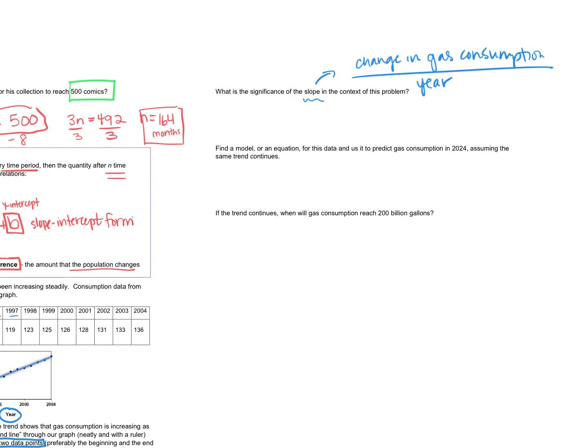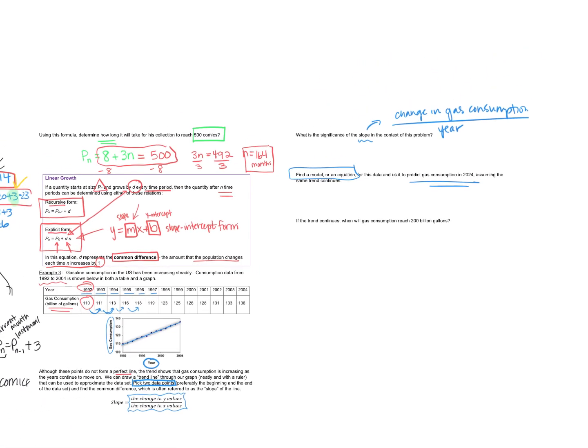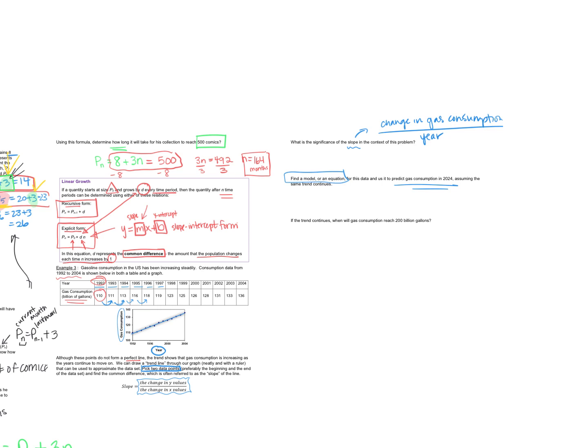And so if we want to write an equation to help us predict what might happen in 2024, again, I wouldn't want to use the recursive one, but the explicit one, we could say that the population we'd expect, which is really the gas consumption we'd expect, would be equal to